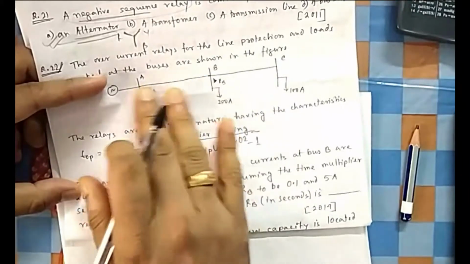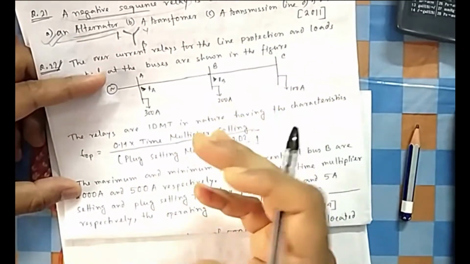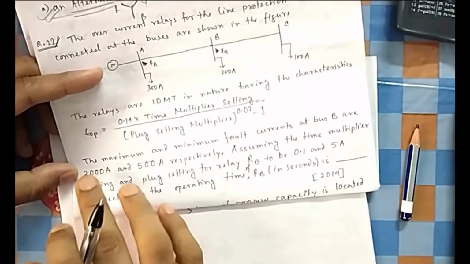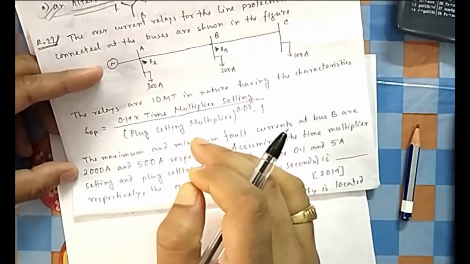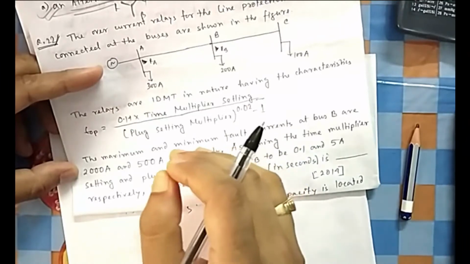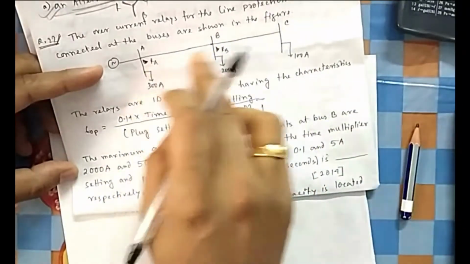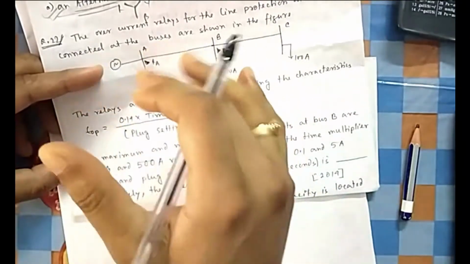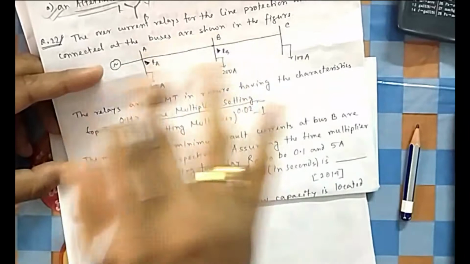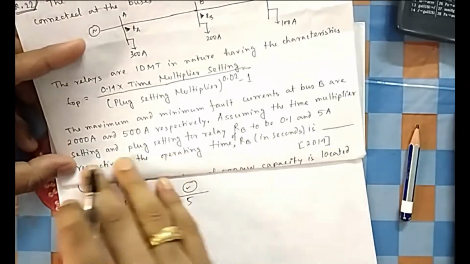If in the fastest case the gap between these two can be maintained, then it can be maintained for the slower case also. It is practical, it is realistic, you can assume it that way. That's why this coordination exercise always starts with the maximum fault current, so that we do it for the extreme case, when the system is operating very fast, suppose hypothetically 0.01 second. If the coordination can be maintained in that time, then if it takes 2 seconds also, the coordination will be maintained, because the system is becoming slow. That can be assumed, or physically we can think of it.